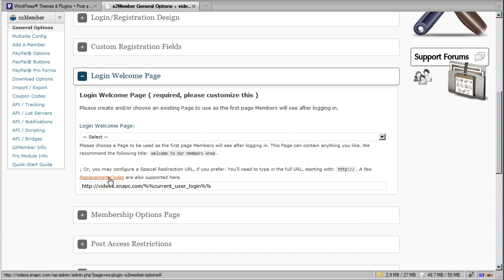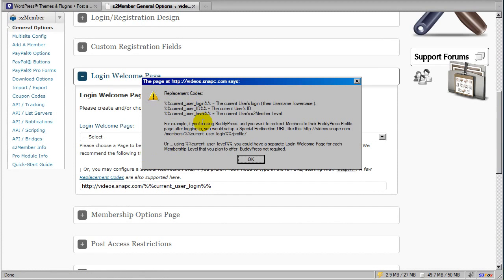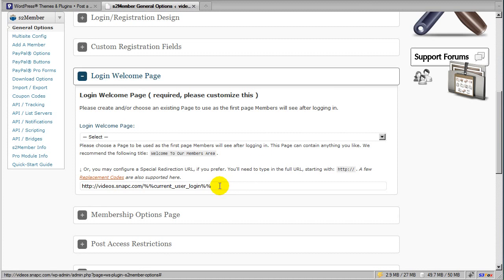So let's open up this replacement codes box. This just pops up an alert, and the one we're looking at right now is this current user login. And it tells us that that is a replacement code that will automatically be replaced with the current user's login, which is their username, and it'll always be in lowercase format. So if I put that replacement code here, then my login welcome page is now different for every person